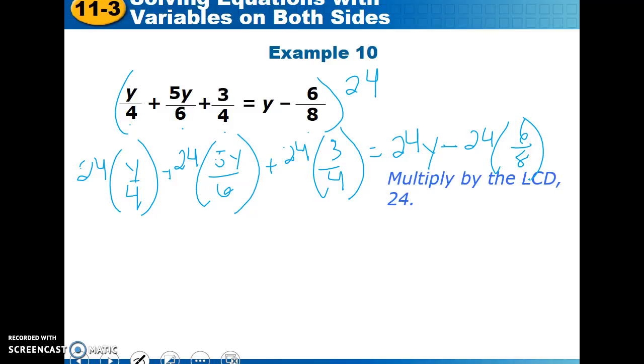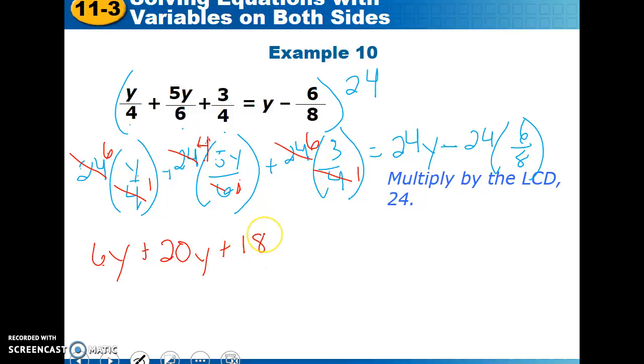Okay, making my life easy, I'm going to simplify before I multiply. So 24 and 4, I can divide them both by 4, leaving me with 1, 6. 6 times y, that's just 6y, plus, here, 6 and 24, I can divide them both by 6. 1 and 4. 4 times 5, that's 20y, plus, again, I've got that 4, so 1 and 6. 6 times 3 is 18, equaling, I already have the 24y, minus, simplify, 24 and 8, I can divide them both by 8, leaving me with 1 and 3. 3 times 6